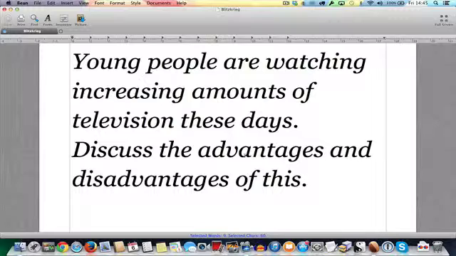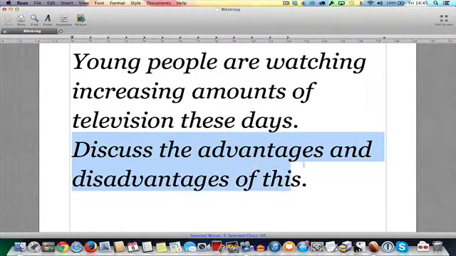So this question is obviously very similar to the preceding one. However, your response style will be completely different. As you can see, the instruction words make clear that you are going to be examining and comparing the advantages and the disadvantages connected to television consumption among young people. So you will need to structure a response that allows you to weigh these two areas,